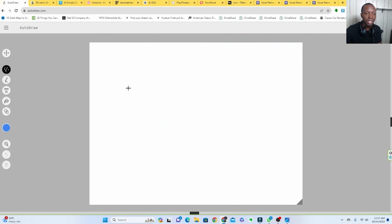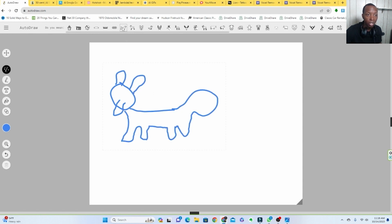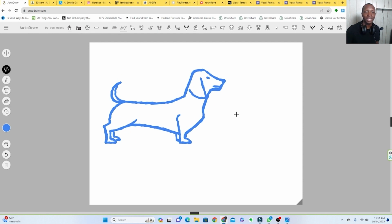Let's try to draw something even harder. Let's try to draw like a dog. I wonder if it'll get that right. Okay, now it doesn't even look like a dog. Well, actually no, see? Boom, a dog. Look at that. So that's pretty good, and you guys can use these sometimes as mock-up drawings